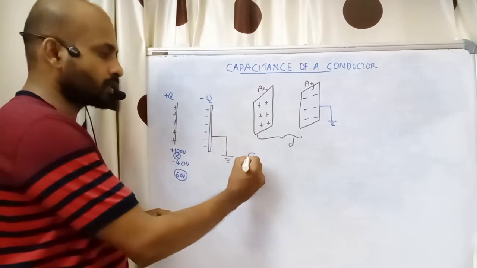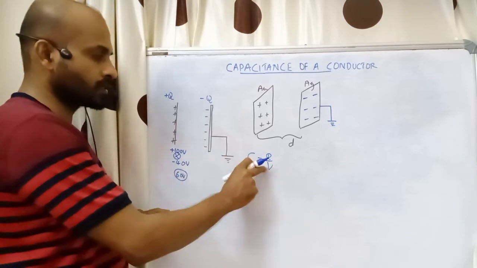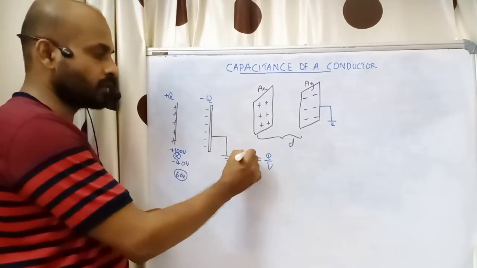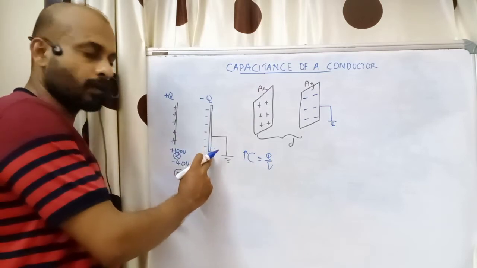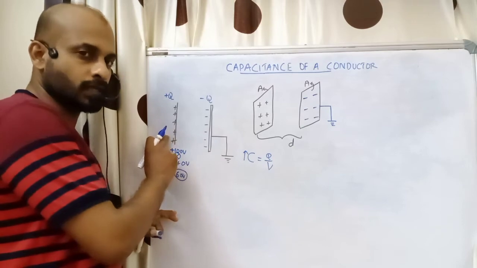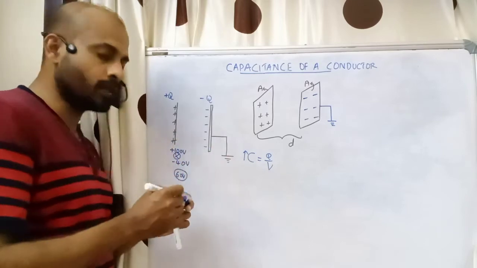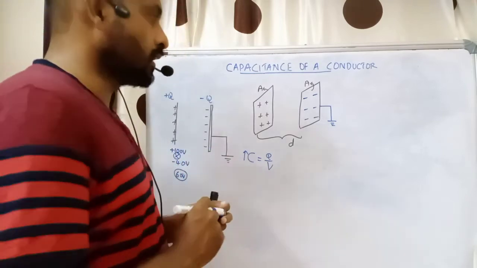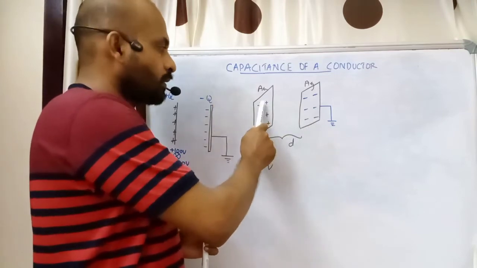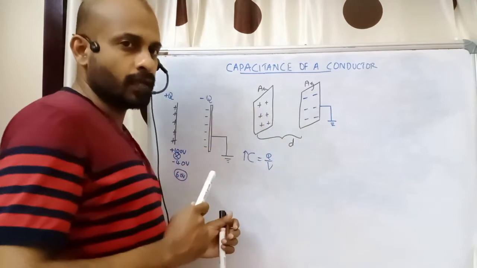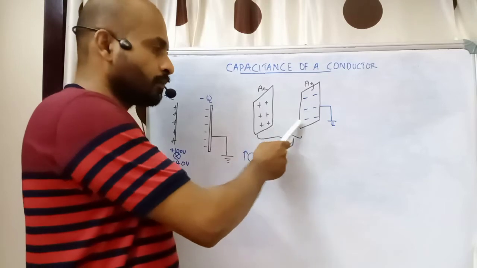Now what is the equation for capacitance? Capacitance is equal to Q by V. So when potential is decreased, what will increase? Capacitance will increase. So if you have one more conducting sheet near the first charged sheet, then its capacity increases. So this arrangement is called a parallel plate capacitor. A parallel plate capacitor consists of two conducting sheets. One sheet will be positively charged and the other will be negatively charged. So now our aim is to find the equation for the capacitance of a parallel plate capacitor.